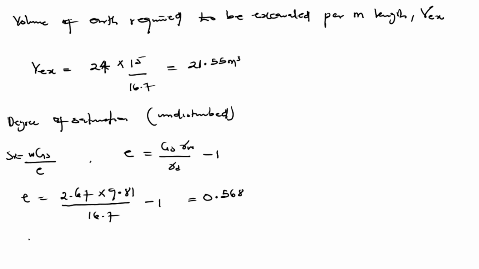Therefore, our degree of saturation Sr becomes 8 times 2.67 all over 0.568. It gives us 37%. So when we also look at it from the remolded state,